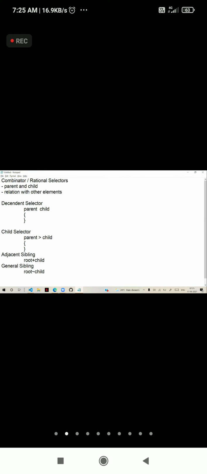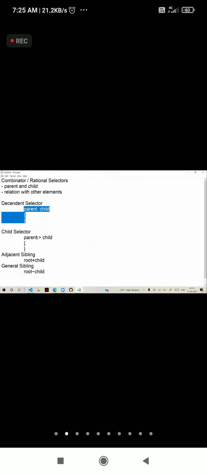So we can apply to parent, we can apply to child. So we can apply to descendant, child selector, adjacent, and general siblings. These are all under the category of combinators. So descendant is given with space, which will apply to all.